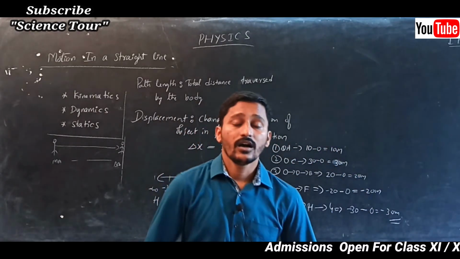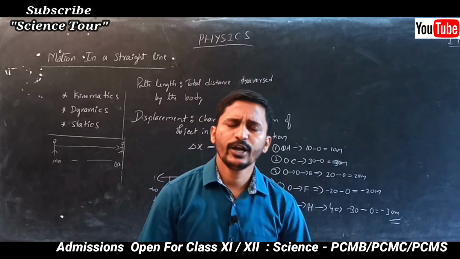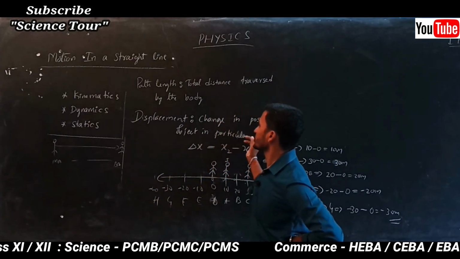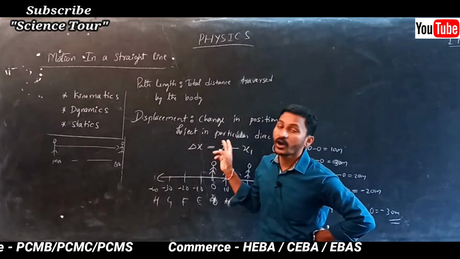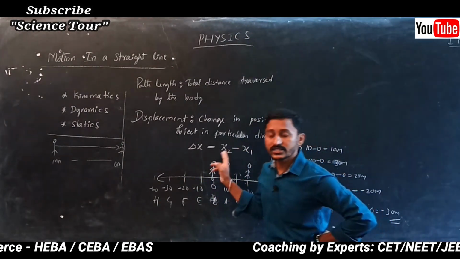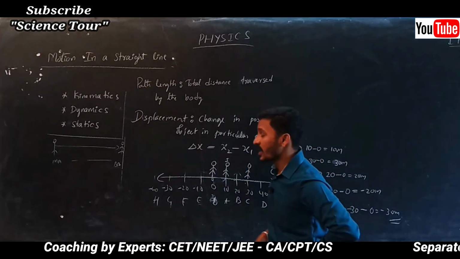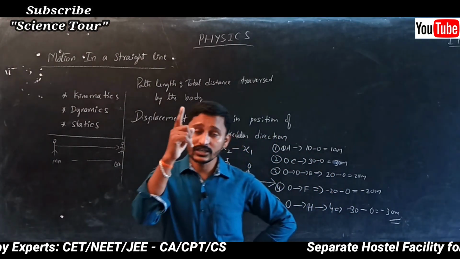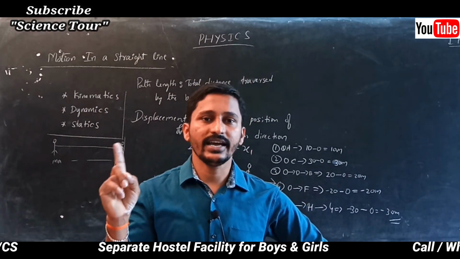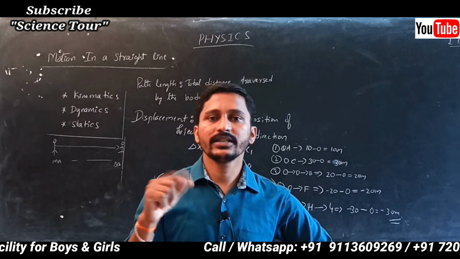That is nothing but position of the object, my final to initial. So in a different way we can define displacement. Displacement is nothing but change in the position of the object in a particular direction, or it is the difference in the initial and final position, or it is the shortest distance between the initial and final position. Now I told that if I give path length, you can't determine the exact position.